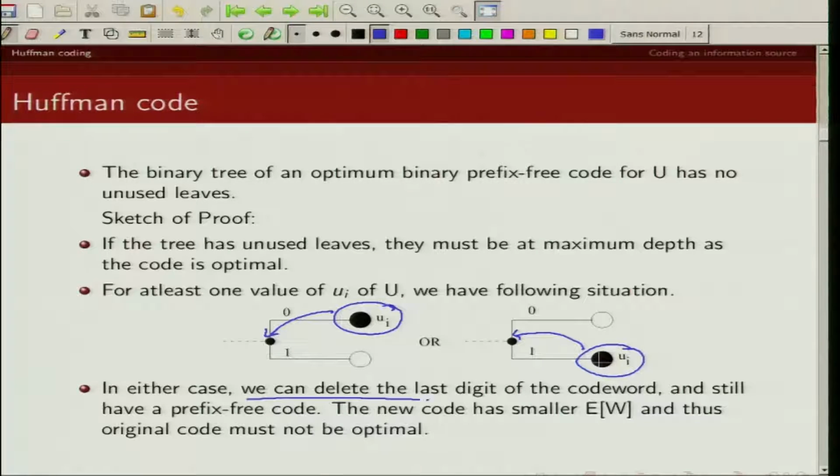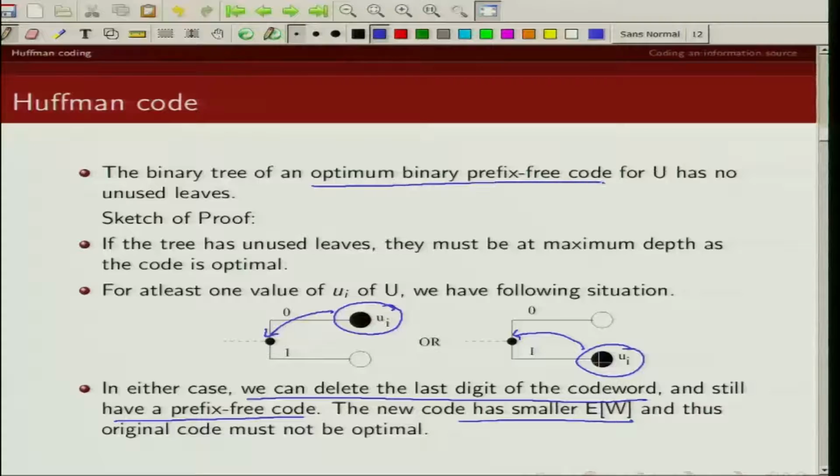By deleting the last digit of this code word, we still have a prefix free code, and this new code has smaller expected value of W. Hence my earlier claim that there are unused leaves at the maximum depth for an optimal code is false. So by method of contradiction we have shown that this cannot happen. If you have an optimal binary prefix free code, then the binary tree corresponding to it cannot have any unused leaves.